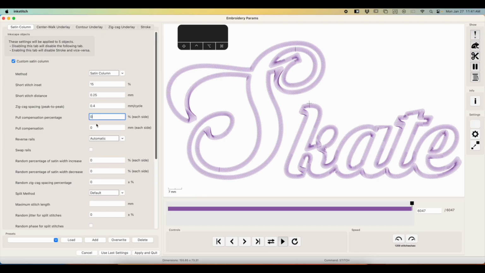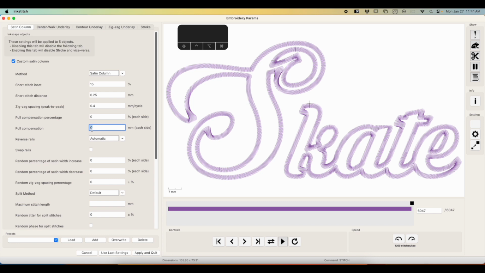So I have learned through research on the internet that you want about 0.4 millimeter, regardless of how wide your stitch is. So even if it's 3 millimeter, if you actually wanted to stitch out at 3 millimeter, you need to add 0.4